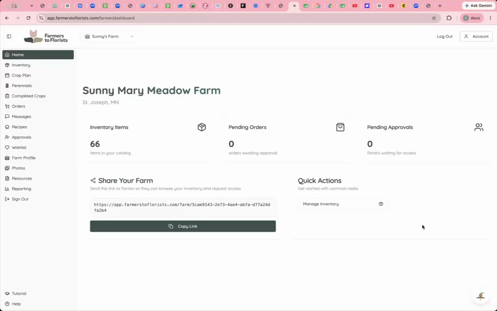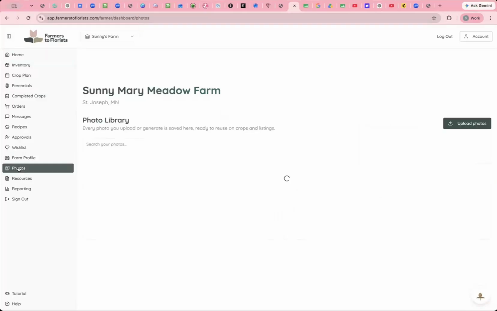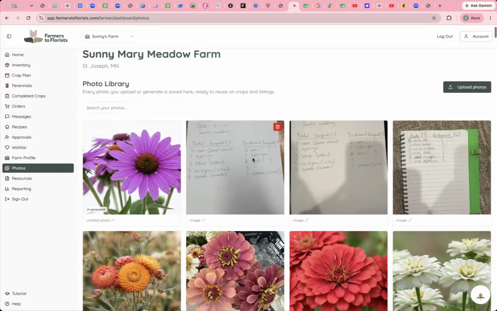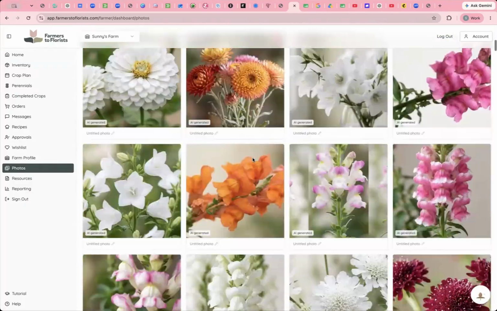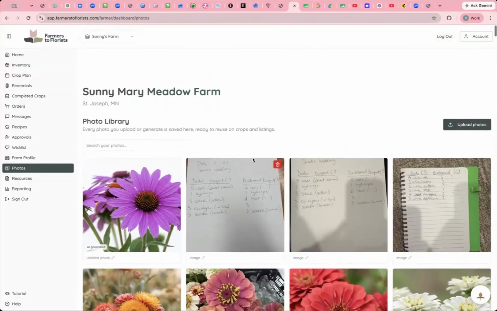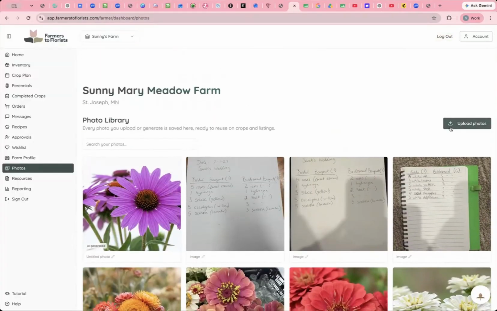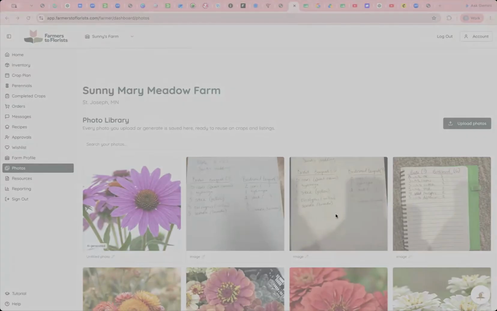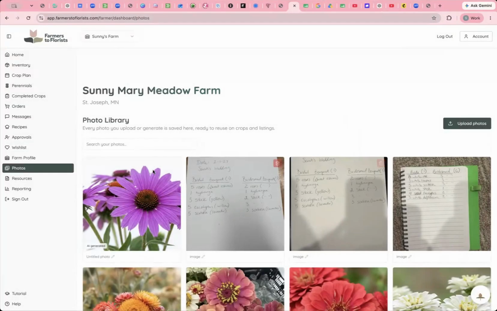In this video, we're going to walk through how to add photos to your crops. So click on the Photos tab, and this is your image gallery. Everything that you have ever uploaded, AI or physically uploaded a photo or taken a photo. For example, there's some of my florist recipes in there, but these are all the photos that you have in